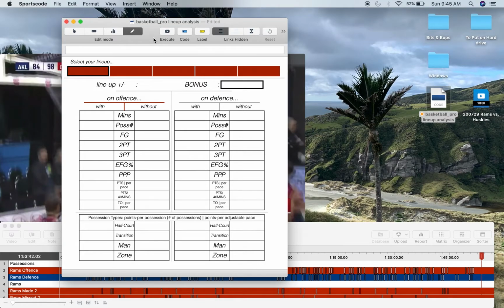This is my lineup analysis output window for SportsCode Pro basketball. So this is basically a cheat's way to get really in-depth lineup analysis using SportsCode Pro. Obviously, there are some downsides. You don't have movie functionality, and you do have to manually type some stuff out. Other than that, though, you're going to get some really in-depth stuff that you wouldn't usually get from